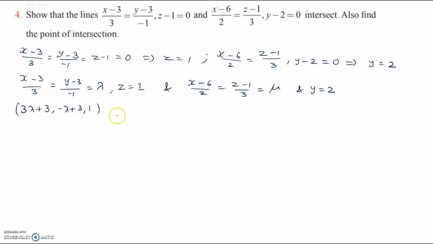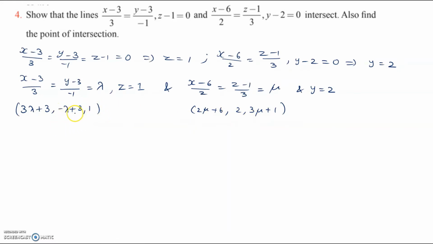So this is the point, and here we can write the point as 2 mu plus 6, comma 2, which is the value of y here, then 3 mu plus 1. Now equating these two, these are nothing but the coefficients of i cap, j cap and k cap. Similarly for here. So equating the two,